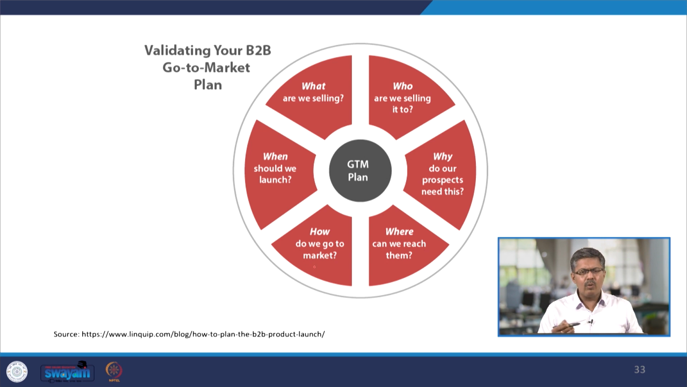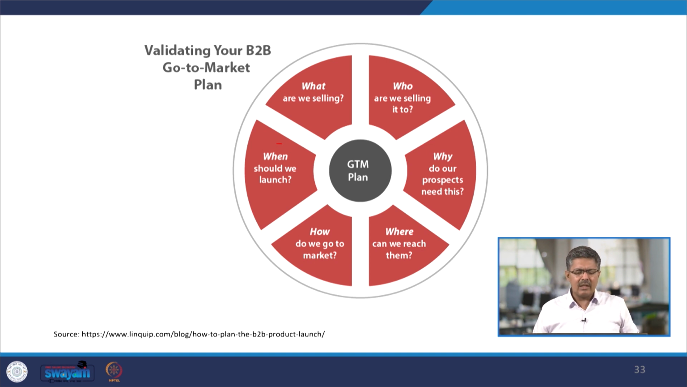So, suppose you want to go to a new market, a new country. Maybe you have to follow certain international policies, the guidelines that have to be checked beforehand. When should we reach, or when should we launch? What is the right time? If you can answer these questions, then automatically the selling process becomes much easier and